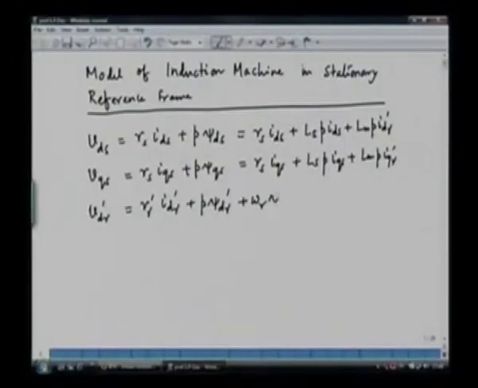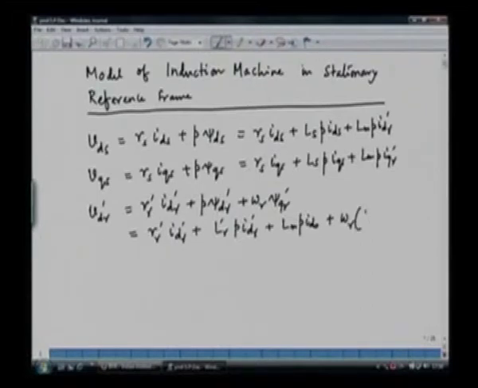So, that is plus omega r psi QR, and we can again express this in terms of current only: RR IDR plus LR P IDR plus LM P IDS plus omega r into LR IQR plus LM IQS. Similarly, we can write down the Q axis voltage,